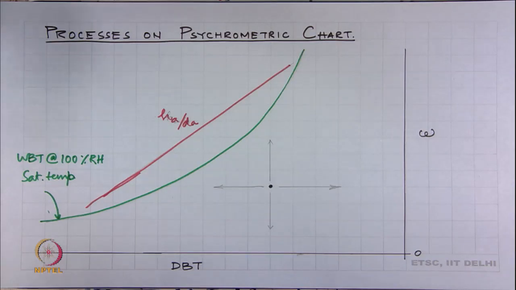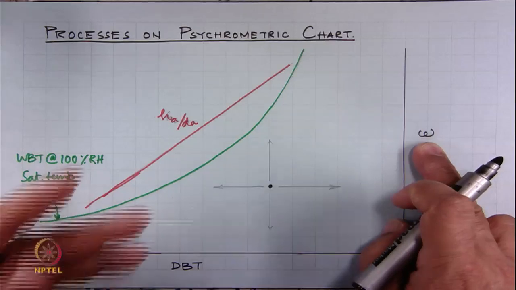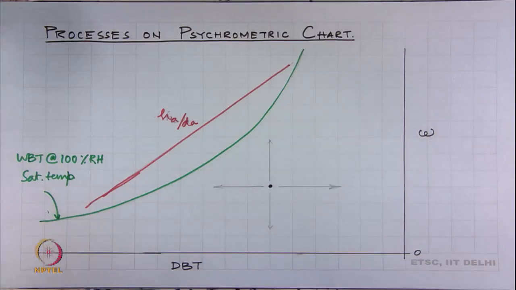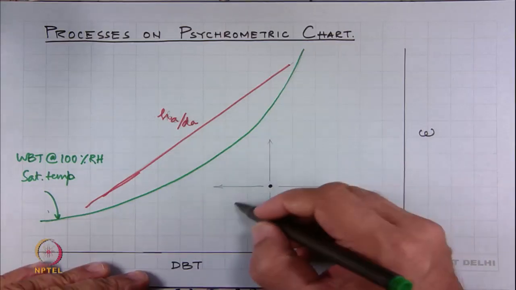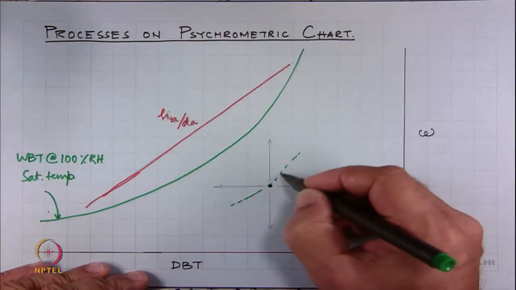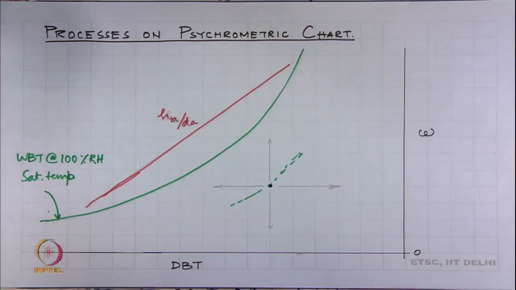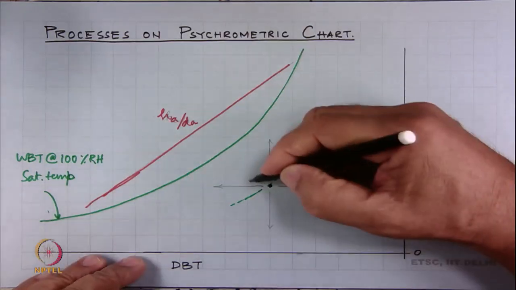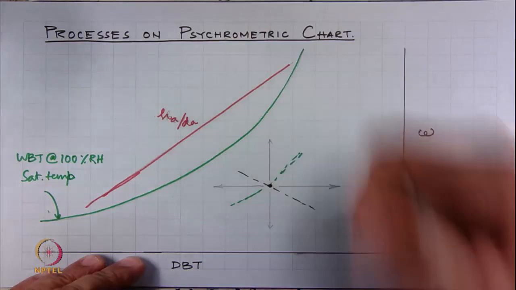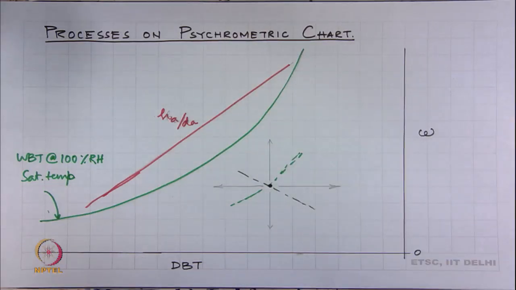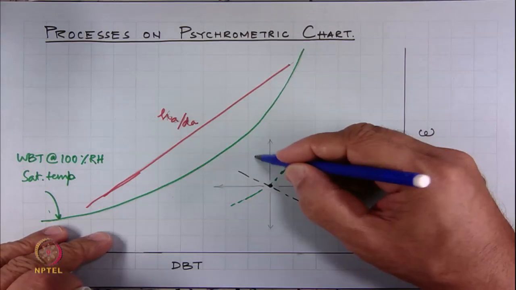So, now what it tells us is that if we have a state, say air in this room, then we can say that we know the dBT, we measured it, say, and either we know omega or we know the relative humidity. If the relative humidity was there, it would pass through a line like that. This is the relative humidity line, or if we knew the WBT, then we could have used the WBT line to mark it, or if we knew the specific volume, we could have used the specific volume line and marked the state. So, the specific volume line would have gone something like this.